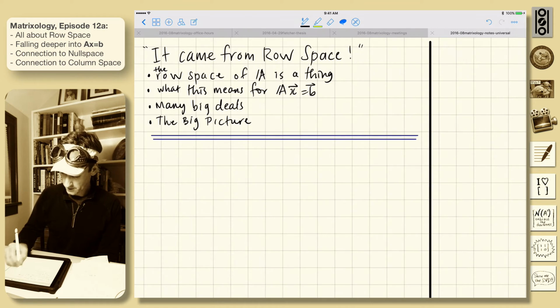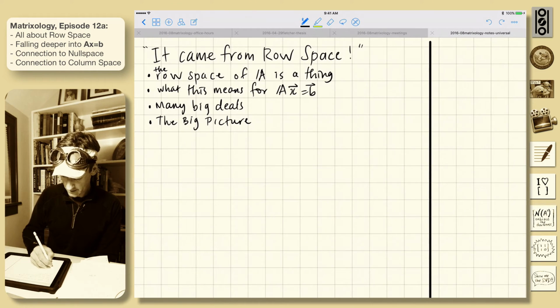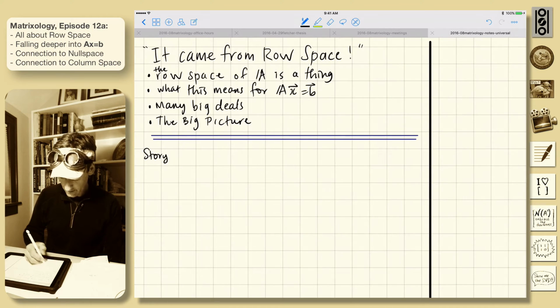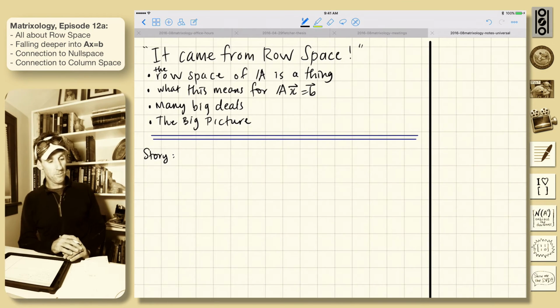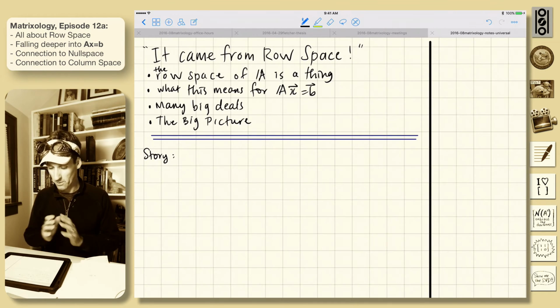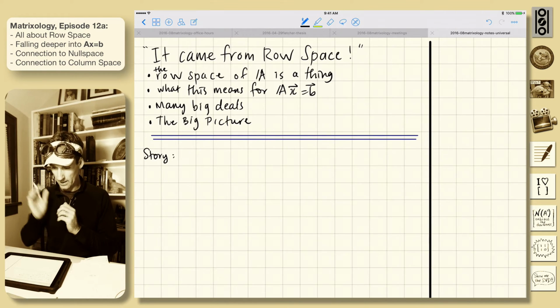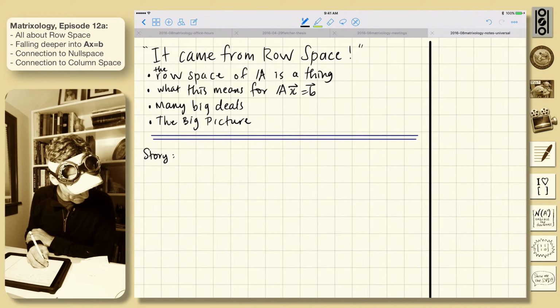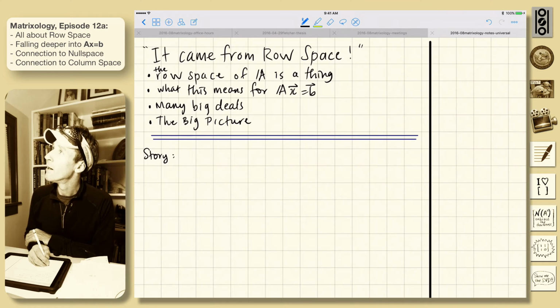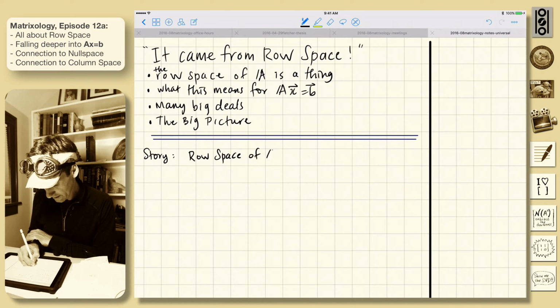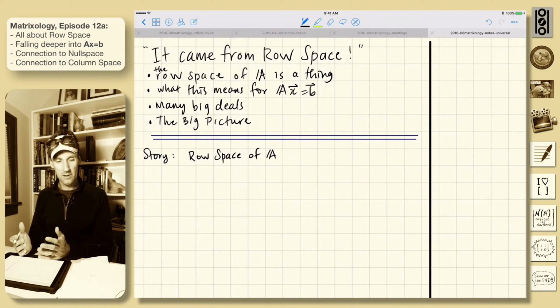So the story. We'll just call it row space to start with. We have C(A) for column space and N(A) for null space. So notational joy is coming. So the row space of A is, by definition,